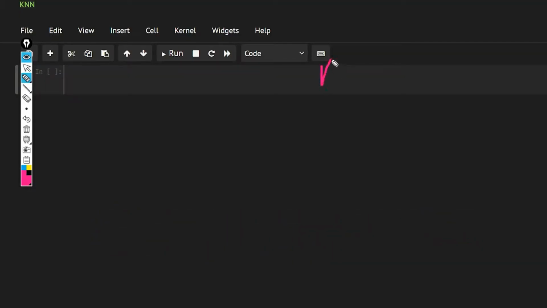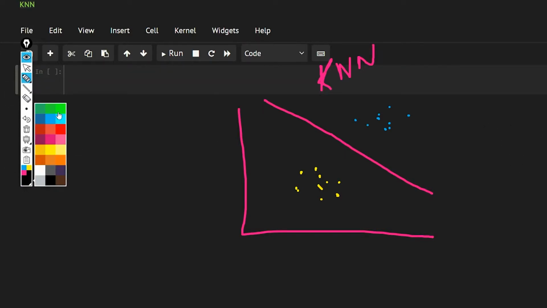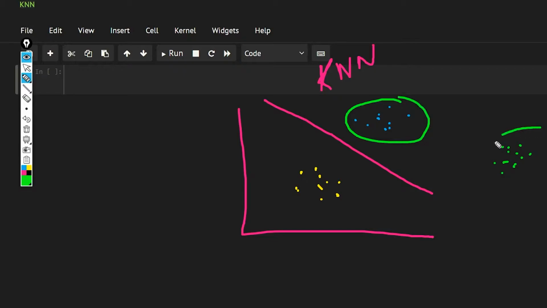Hey guys, in this video we are going to discuss KNN, and KNN is a multi-class classification algorithm. What you did in the linear regression is that you had data from two classes like this or this, and then you were able to classify them like this. So this was binary classification, but in KNN you can have multiple kinds of classes. Let's say we have three classes, so it will be able to classify which data point belongs to which of these parts.